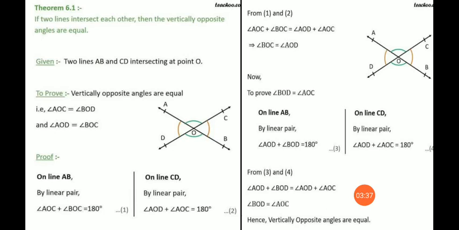A little bit here and there changes you can do, but the steps, the same steps you have to follow. First figure, then given, then to prove. If there is a construction, then you have to write the construction also. After that, proof. Got it, students? Okay, moving towards the next theorem. But before that, yes, it's basics.